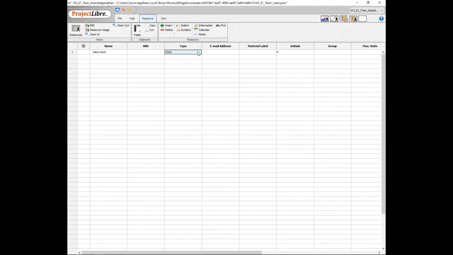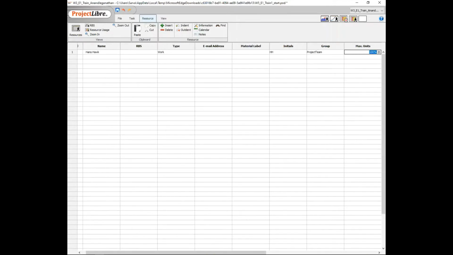And it's going to be a work. So there are two types, work and material resource. So it's going to be work resource who will be performing work, right? And the initials, and let's say the group is project team, and maximum units 100% allocated. This person is 100% allocated, and then standard rate $100 per hour, and then $120 per hour,